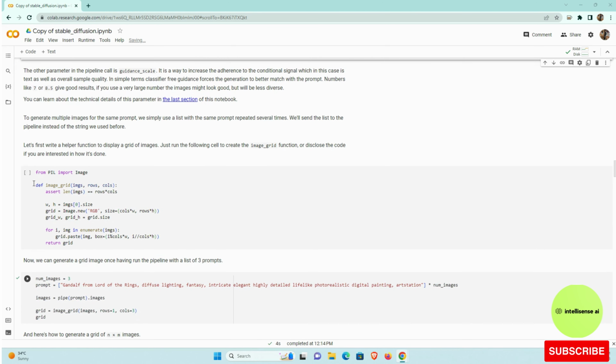I'll go to the next part, where I will make a grid function. I use this grid function to display multiple images on the page. I can just run that function, and let's see. Once this function has run, I can run the same command, Gandalf from Lord of the Rings. Before, in the previous cell, I chose only the first image. Now I can get three images in a row, which is why I created the image grid. If I run that,